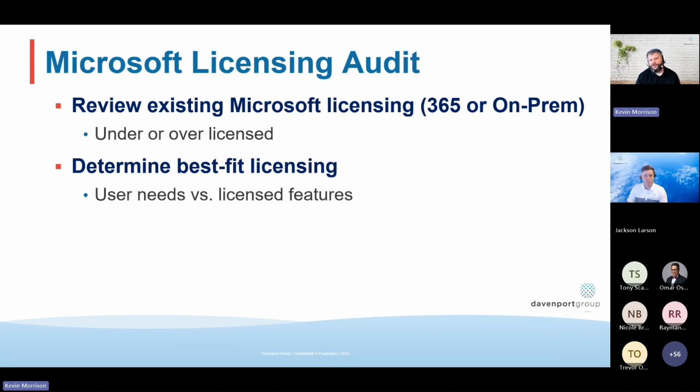And then it was all their on-prem licensing. And we made sure all of their hardware was properly licensed on-prem. All of their users were properly licensed, both from an on-prem with, say, RDS user CALs or SQL CALs, all the way up into Microsoft 365 licensing. And we had a full matrix where we went through to find exactly how many licenses they needed for the organization based on feature sets. And I'm happy to sit down and go through that with anybody.